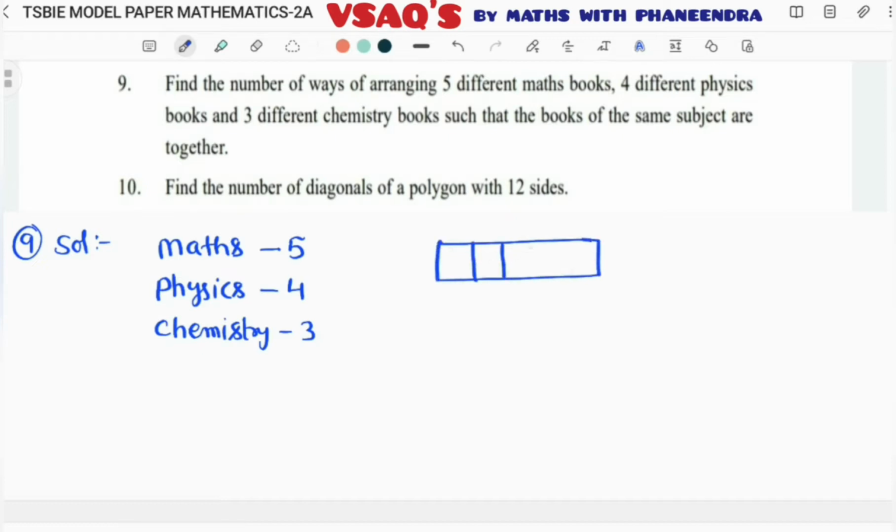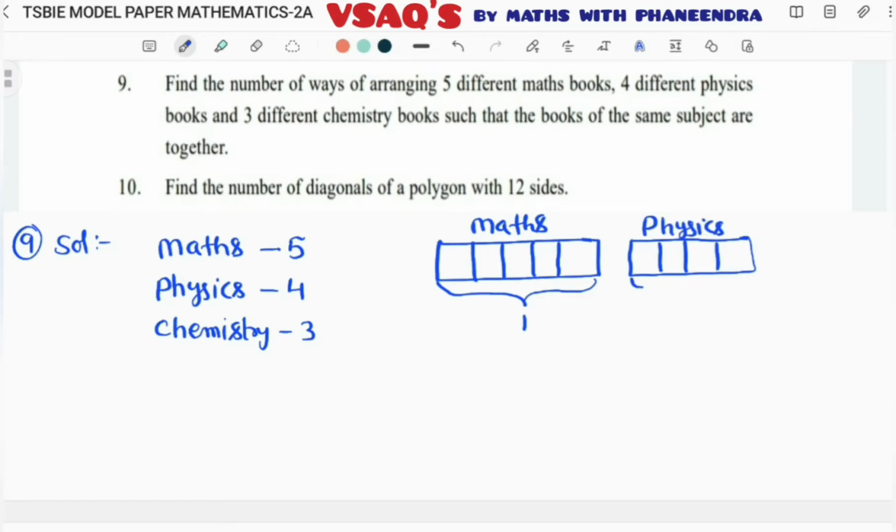Here 5 different mathematics books are there: M1, M2, M3, M4, M5. This we are considering as 1 unit. Like that, 4 different physics books, considering as 1 unit. Next, 3 chemistry books, one unit. How many sets of books are there in total? 3. Therefore, the required arrangements, the number of ways of arranging the 5 different mathematics books, 4 different physics books,